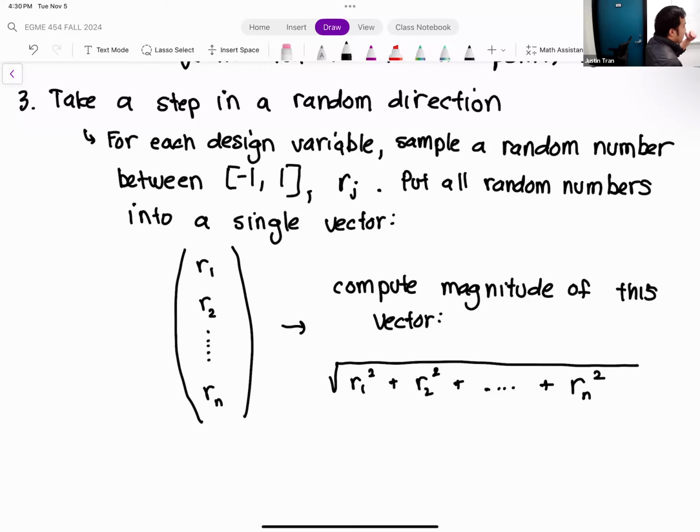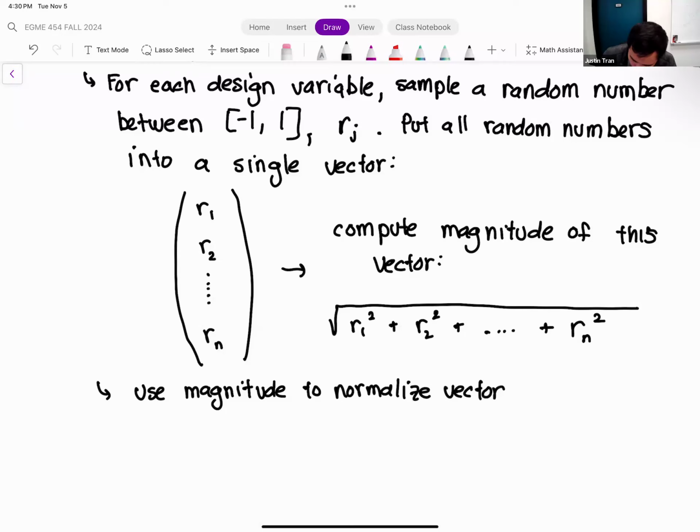So we're going to use the magnitude to normalize the vector, i.e. make its magnitude 1.